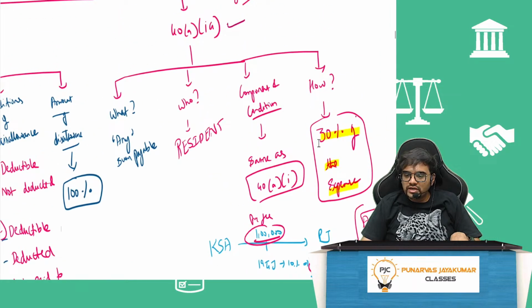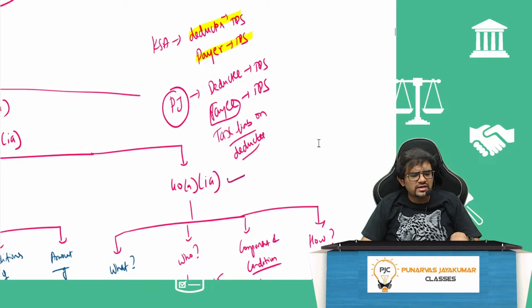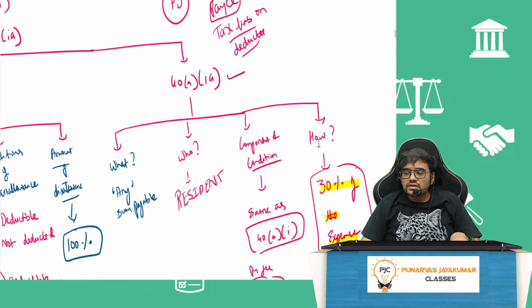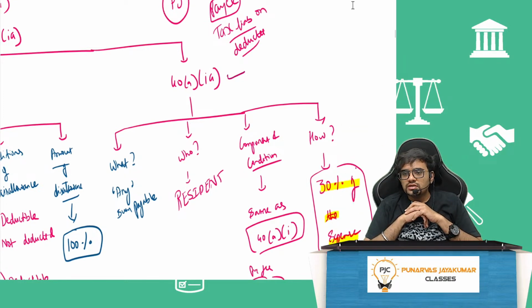So as I told you, 1 lakh rupees, I will go and teach in an academy. Academy will pay me 1 lakh. Out of that 1 lakh, 10,000 they have to deduct and then pay me 90,000. They forget to do it. So will they be liable? Yes. They will be called assessee in default. A lot of other penal provisions will come for them.